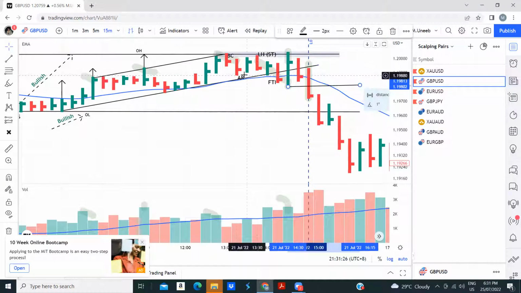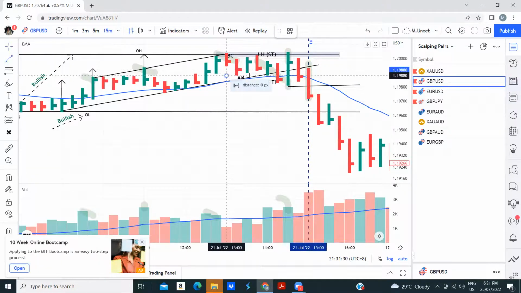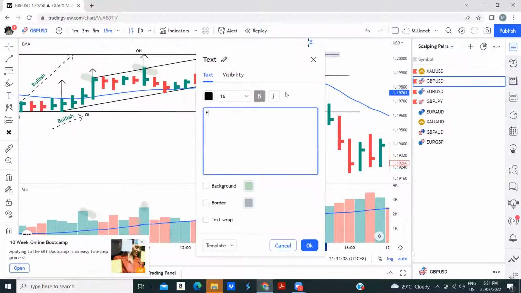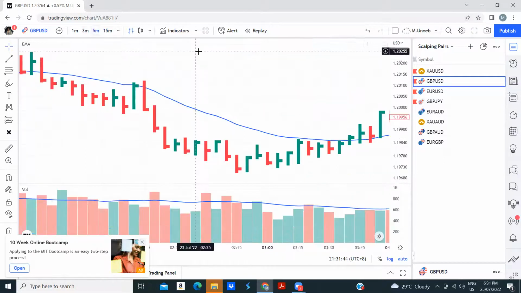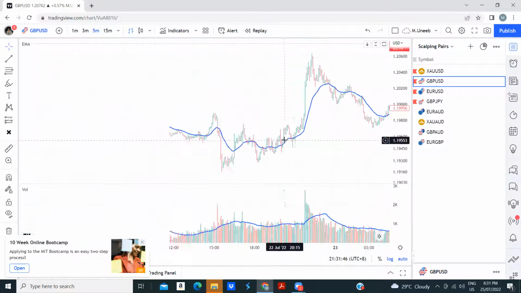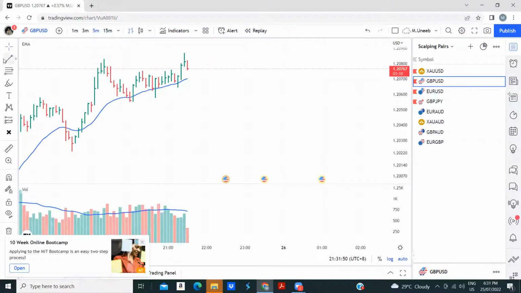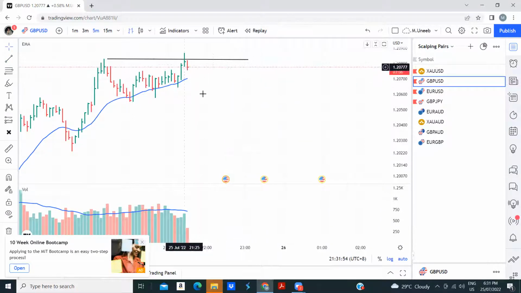Multiple FTIs. Because if this is AR, we can draw the line here, AR. See? The price makes 2 AR, 2 FTI. This is also FTI on a 15-minute time frame. So just at London Open, what do we observe? FTI, falling through ice. Go to the 5-minute time frame. You will see the setup. I was right. The price reacted to this point. See how accurate my analysis was.